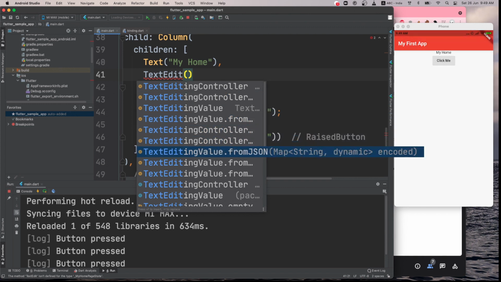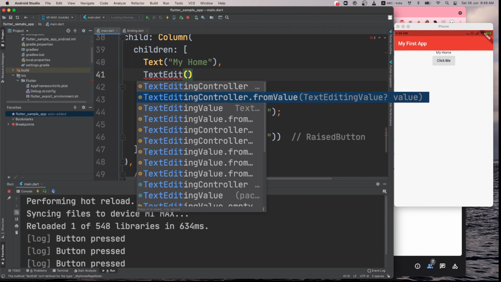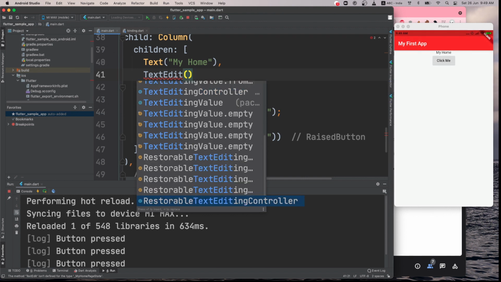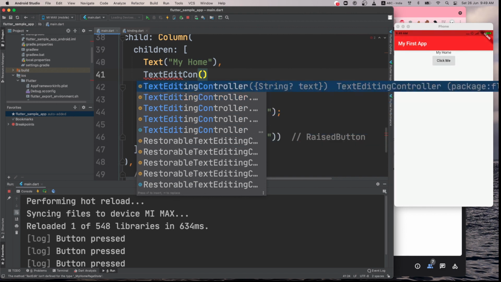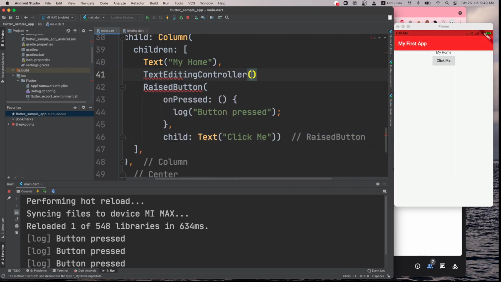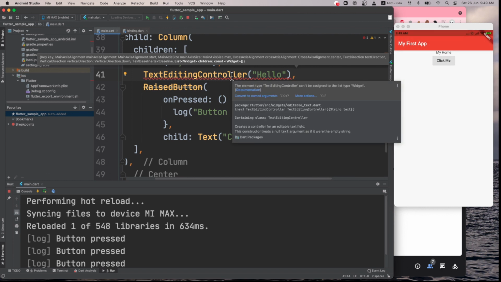So you can press Control and space to see whatever things are available for you. So text edit controller is there, that I don't know how to use, but let's see here, hello, like this. This also I can't remember how to use.